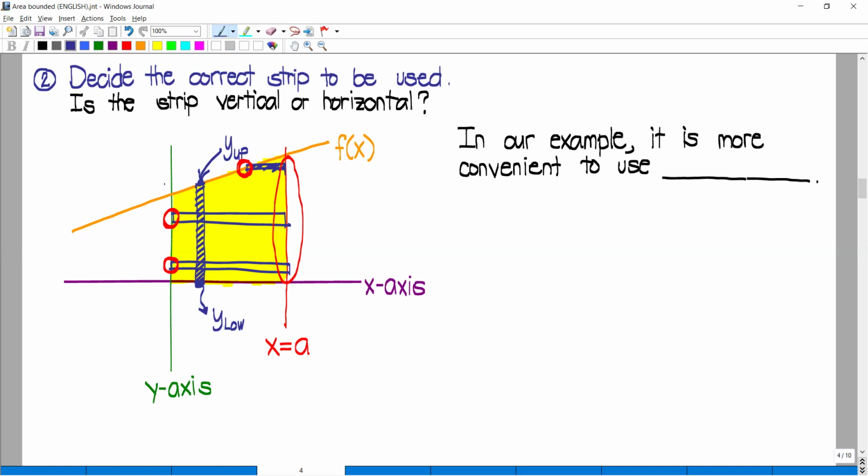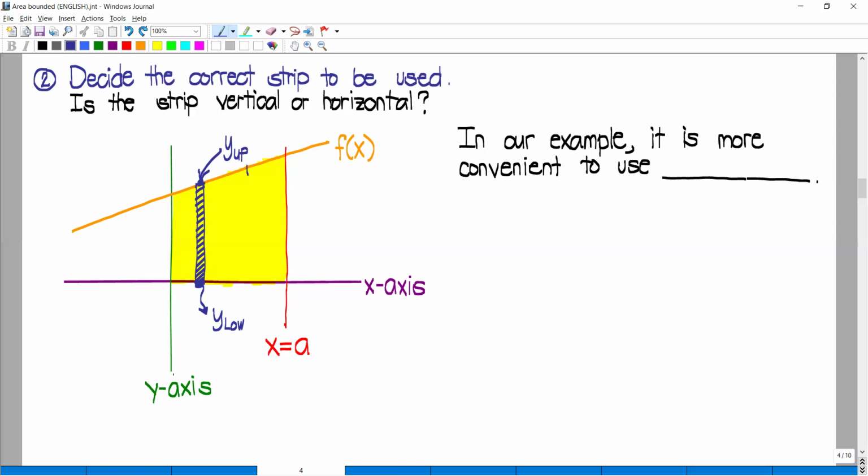If you want to push through using the horizontal strip for further solving, you can divide the area into two parts so that you can apply. Now you can still use the horizontal strip following the conditions letter A and letter B. But let us just focus first on what we are doing. Now let me show you how the horizontal strip will give us a wrong answer, because it does not satisfy condition letter B.